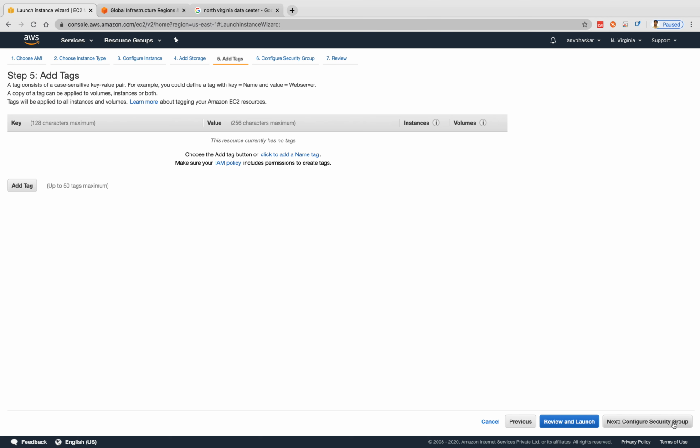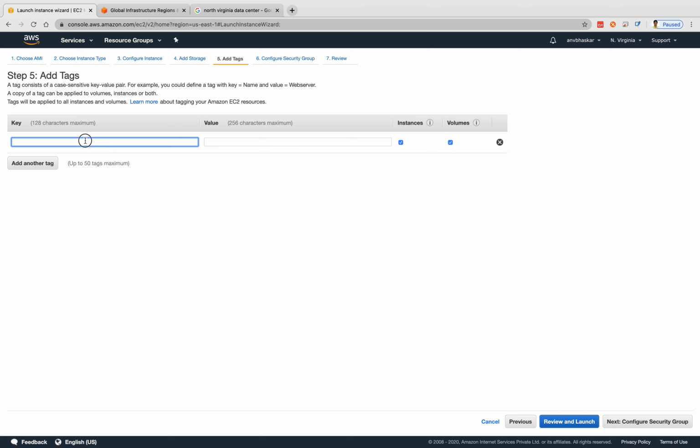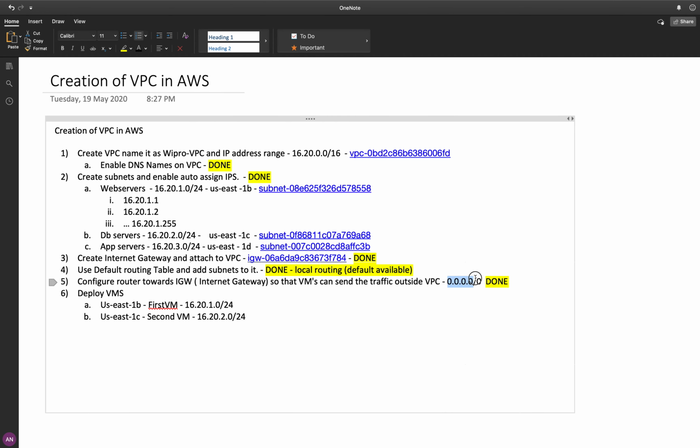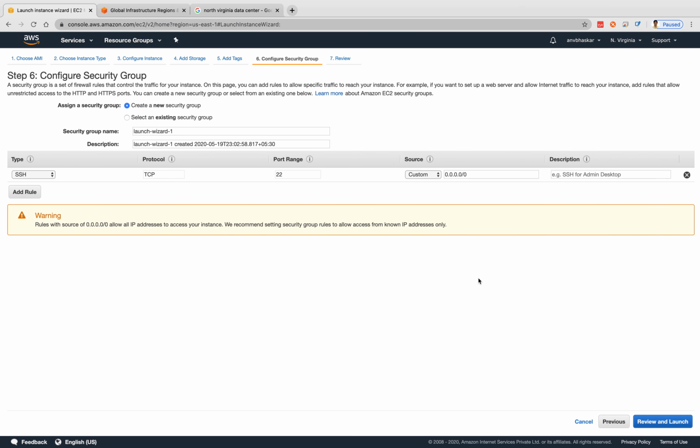Click add tags. So I want to give a name here, first VM. Okay, you can say it's a dev. For development purpose or testing purpose, you can use the tagging. First VM test. Security group. Okay, here you gave your IP address, right? Anyone can be allowed. If you want to restrict which IP exactly can access, you can restrict here. As of now I am creating a new security group.